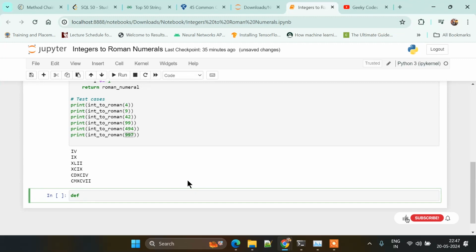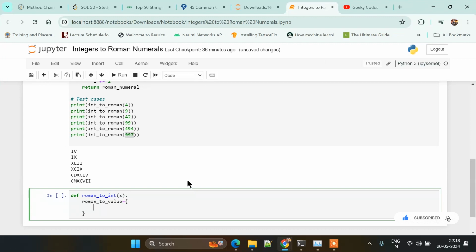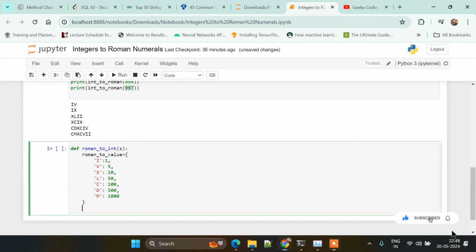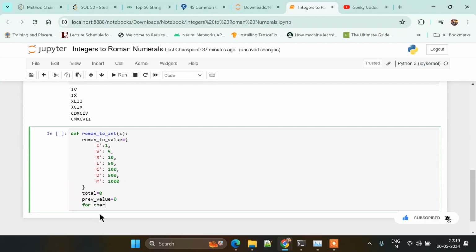So we will define a function called roman_to_integer, and then we will pass a string in this function, and then we will define roman_to_value equal to a dictionary, where I means 1, and then we will define a total, that is our integer, and then previous_value is equal to 0, and then we will iterate through every character in the string in the reversed format, reversed s,